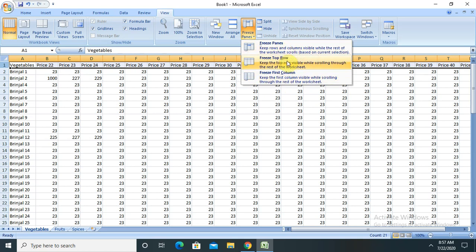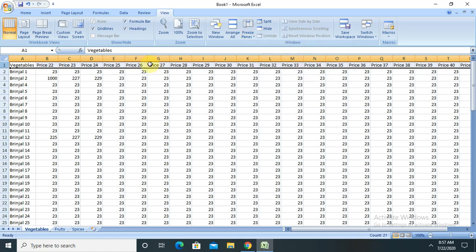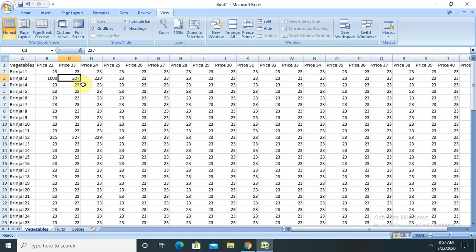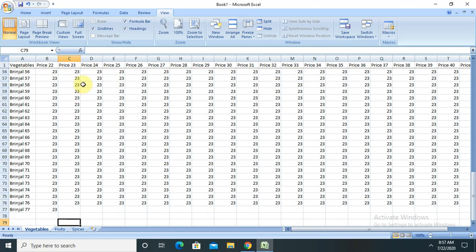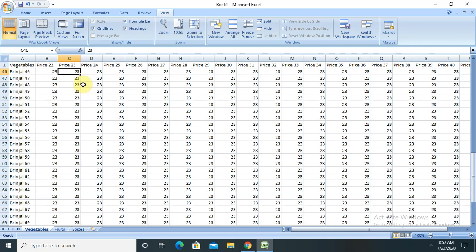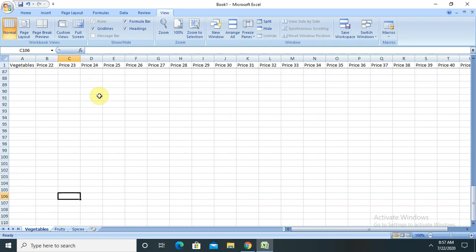If I want to freeze the top row, this row will be frozen, and whenever we are scrolling down the same row is shown. In this way we can highlight our header for all the sheets. If you are working on millions of data and you want to scroll down with the column names, this is very useful.